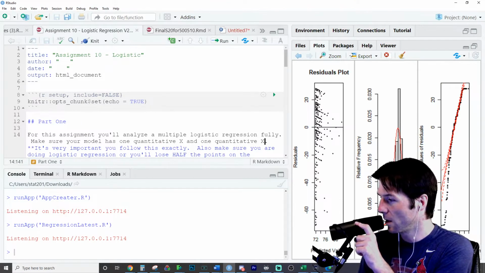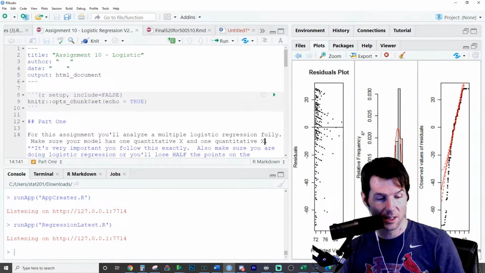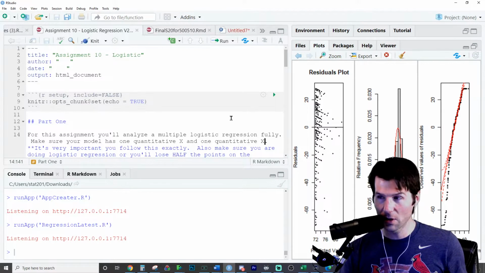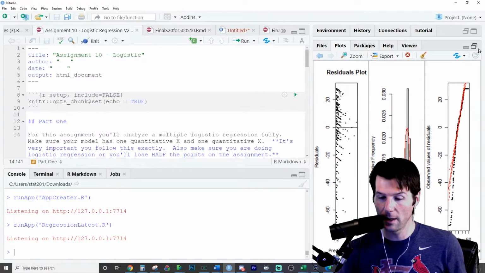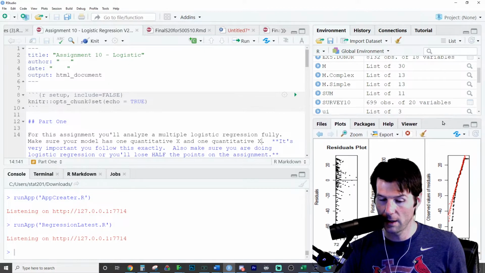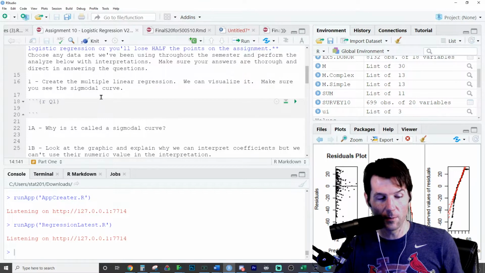Here we go. Brian, my LM for assignment 10 won't show anything S-curve. Make sure to not use LM. What are we using for assignment 10? And make sure not to use the things I'm using right here. What are we using for assignment 10? No longer LM. No more LM. LM is gone. GLM, you're right there. Create a multiple.